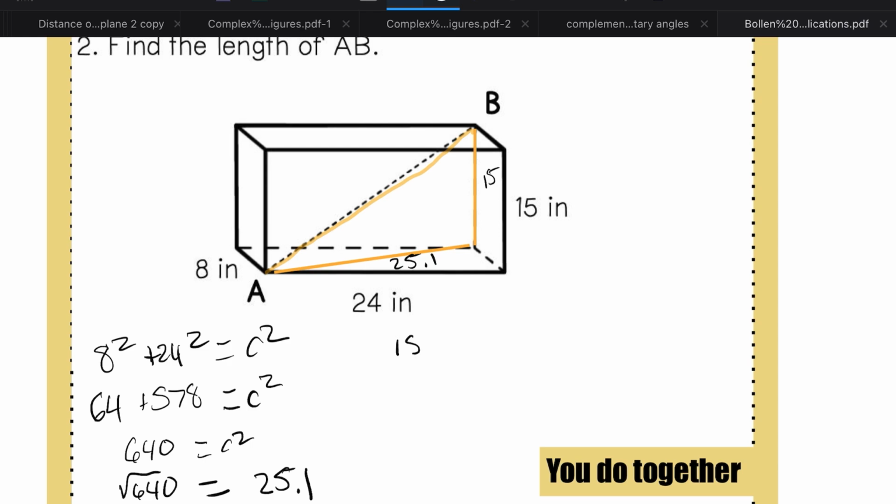so we plug it back in. We get 15 squared plus 25.1 squared equals c squared. 15 times 15 is equal to 225. 25.1 times 25.1 is equal to